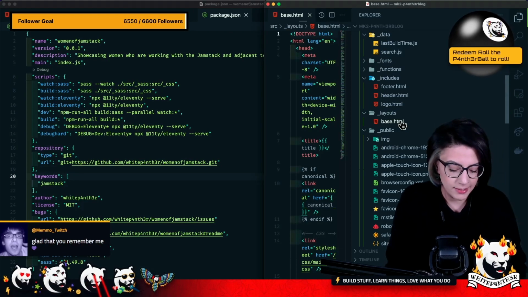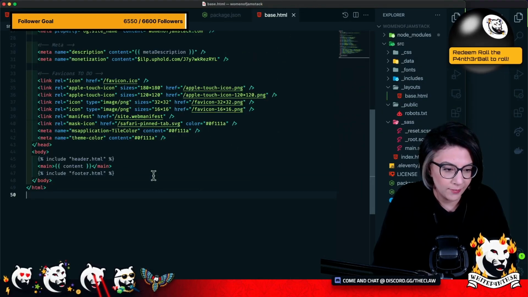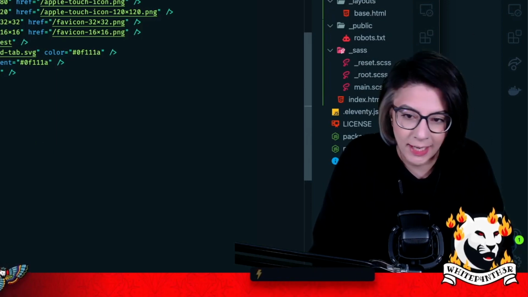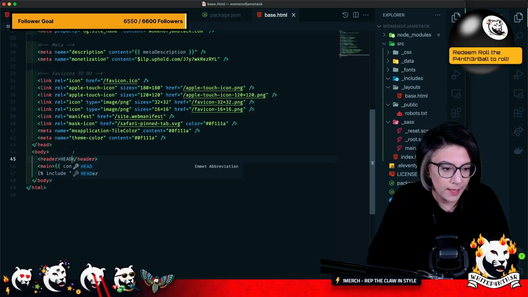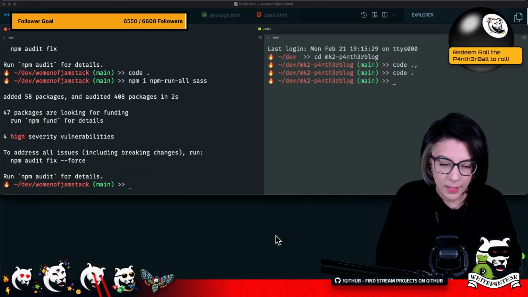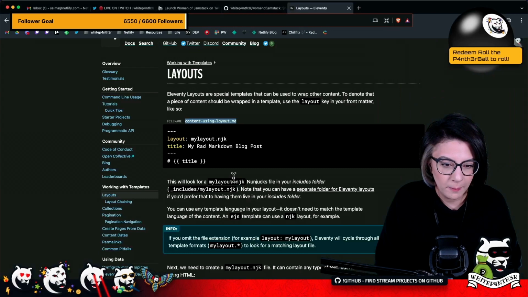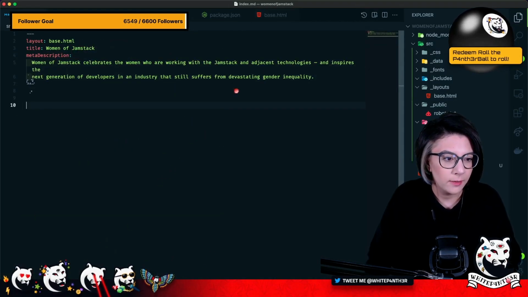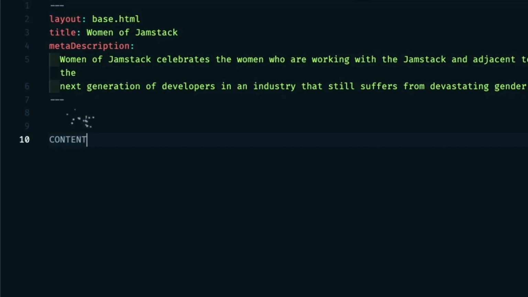I'm going to put my base layout in. I'm going to have a header and a footer. Do you know what? I don't even need header and a footer right now. I can add the header and footer in here. Header, footer. So if I have index.md and I have my front matter, and if I put some content on here, content,